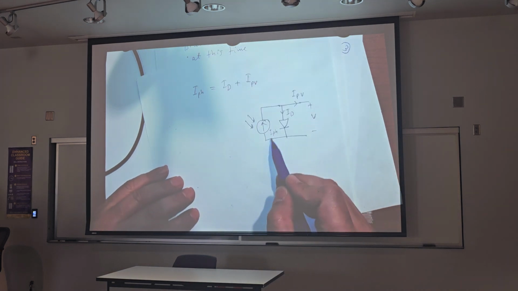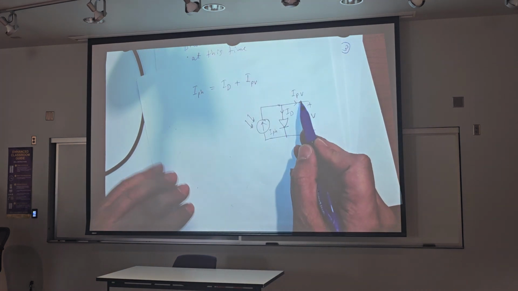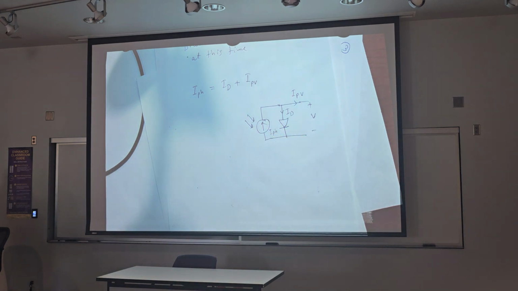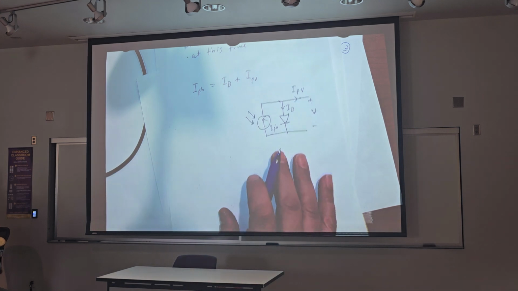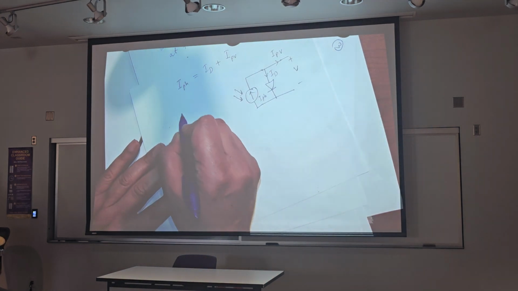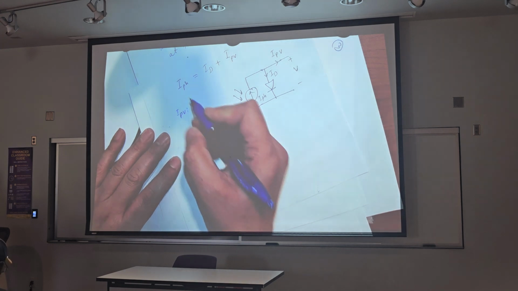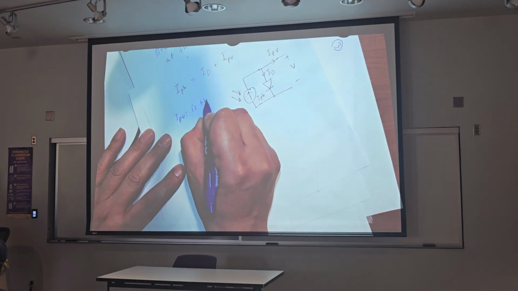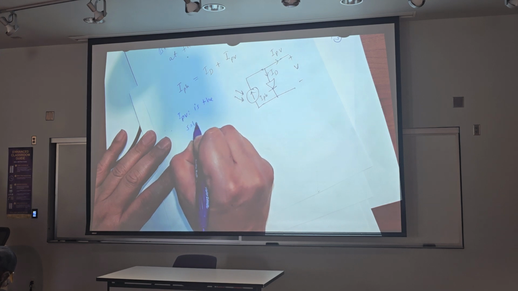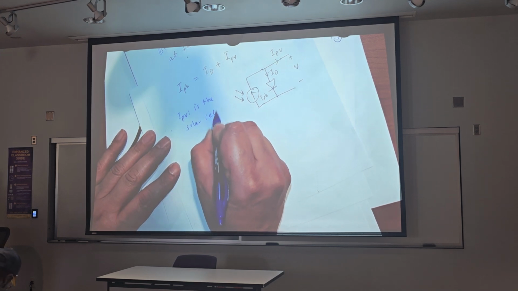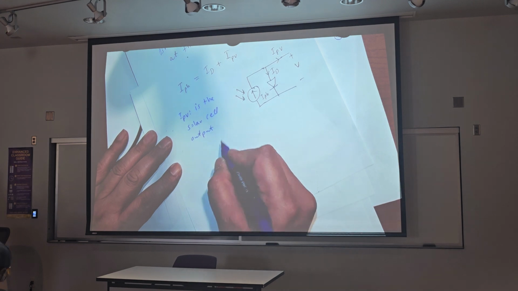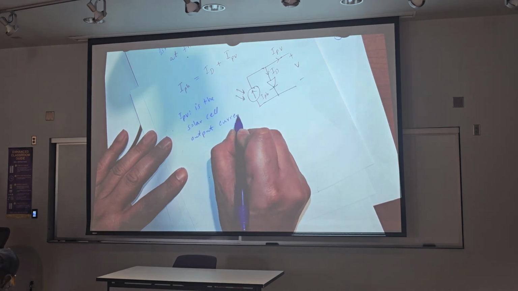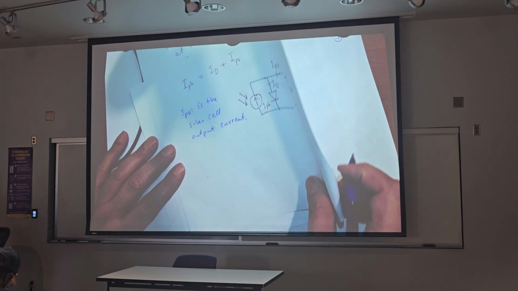Again, I_PH, I_D, I_PV, PV, for the solar cell. The output goes to the load. The solar cell output carries the current. Okay. Now,